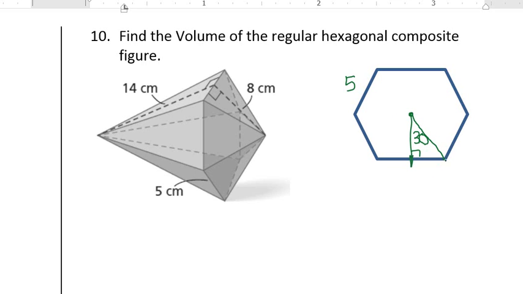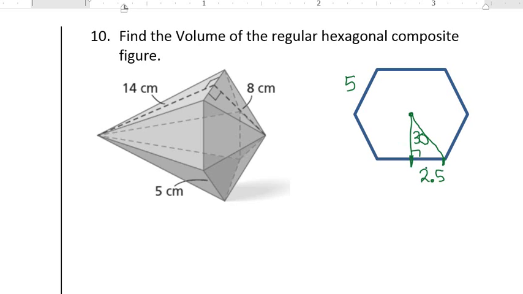Now we know that from here to here, that's going to be half of the length of the side. And since it's regular, all those sides are 5. So this ends up being 2.5. Now you can use trigonometry if you want to find this side length, since you know the angle. Or if you remember your special right triangles, you can remember that there's a ratio for this 30-60-90